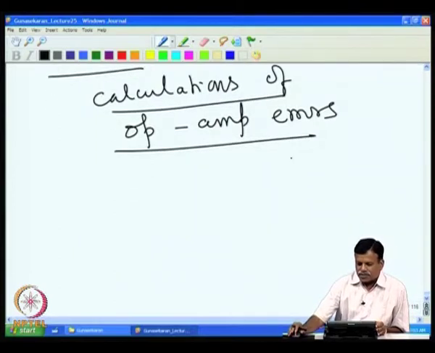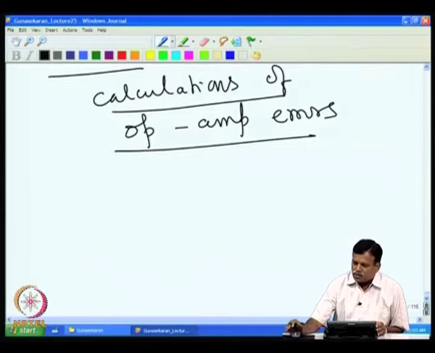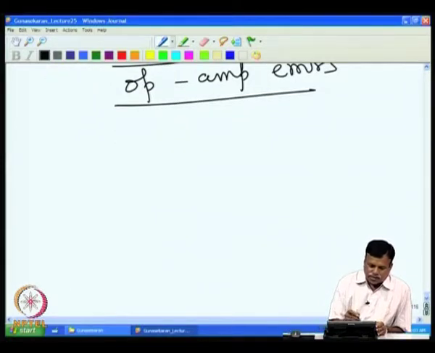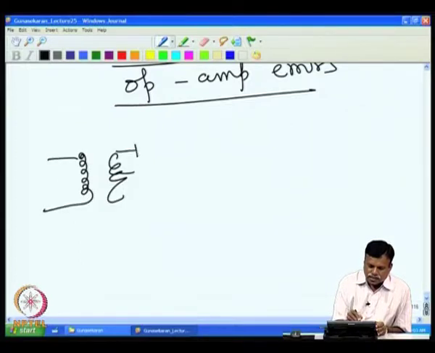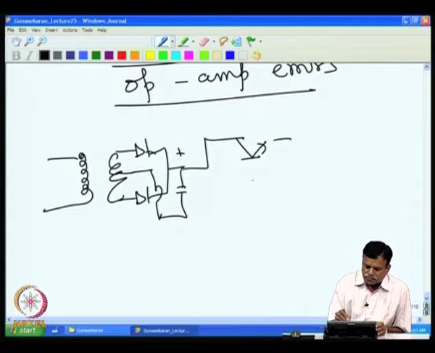So, we will take different circuits and see how these errors are appearing, how to compute these errors in a given circuit. So, let us take for example, our voltage regulator to start with. We had this transformer and then we had a rectifier, then we get a DC voltage. And if we see our regulator circuit,